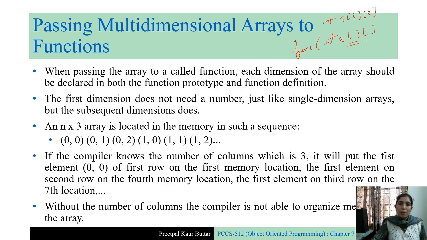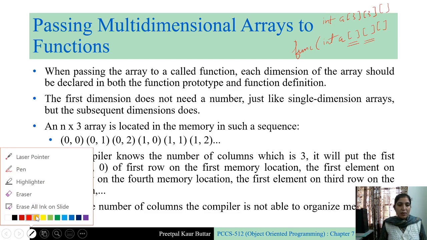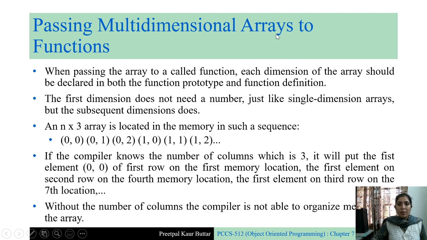So here we are mentioning the 2 dimensions. If the array is 3-dimensional, you must have 3 dimensions or 3 subscripts, right? In both the function definition and the function prototype. The first dimension does not need a number. So when you have a 2-dimensional array, the first dimension does not need a number,